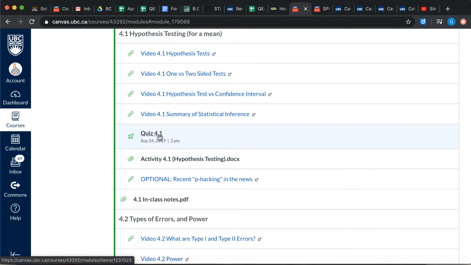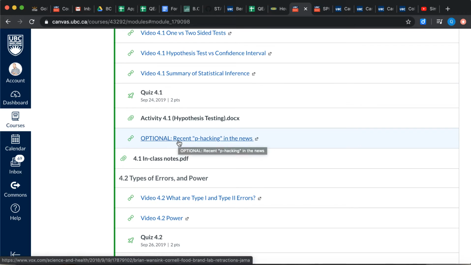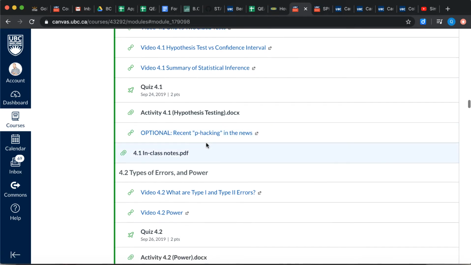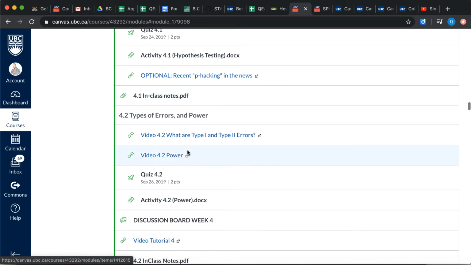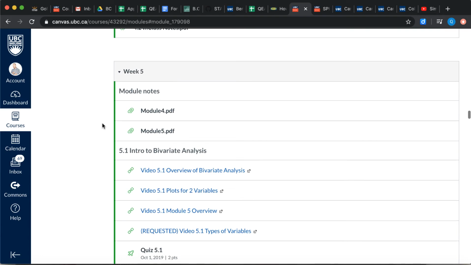They do a knowledge check quiz. There's an activity that we'll work on in class. Sometimes I put some optional reading for them. And then here's the notes that I've written during that lecture. And so on. So this is really set up, organized week by week with a bunch of files for them